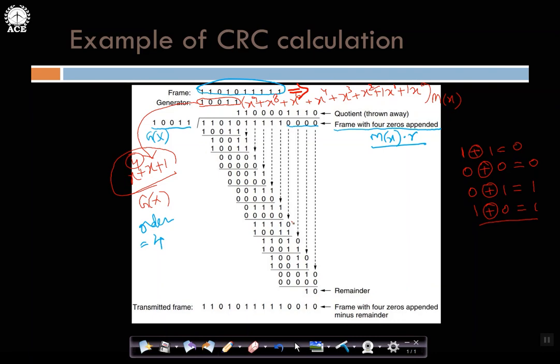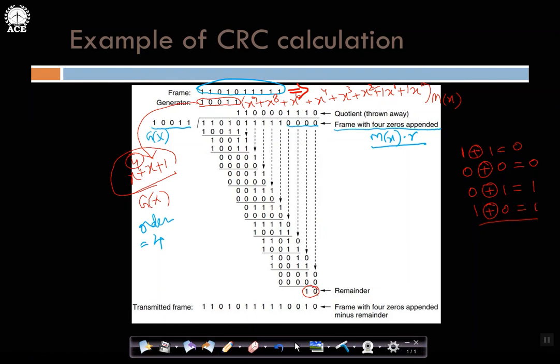Then I take the next 0 here. Now this value is greater than this, so it goes one time. So first 0 times, and now it will go one time. Perform exclusive OR: this is 1, this is 0, this is 1, this is 1. Take the next carry. Again this value is greater than g of x, the generator polynomial, so this will also go one time. This is 1 0 0 1 0. Then again this value is greater, so it goes one time, producing the result 1 0, so goes 0 time. The last 0 is appended here. Performed last time, goes 0 time. Then producing the remainder. This is the remainder I got.